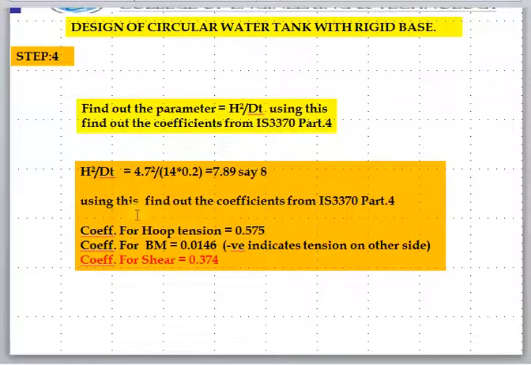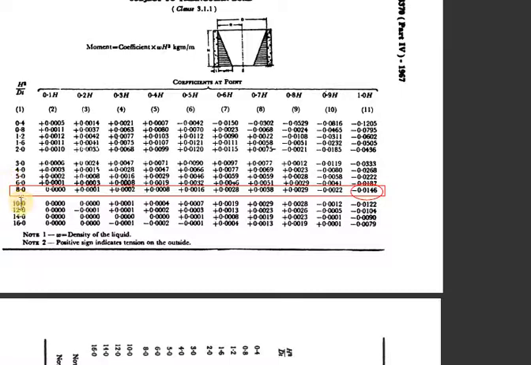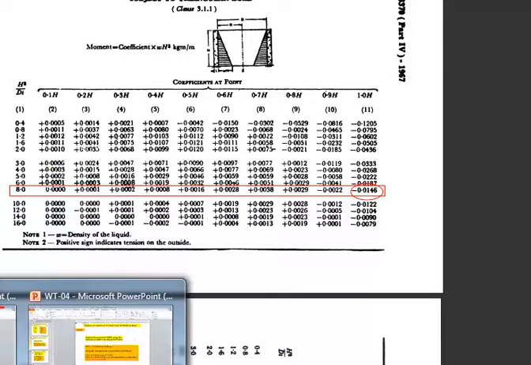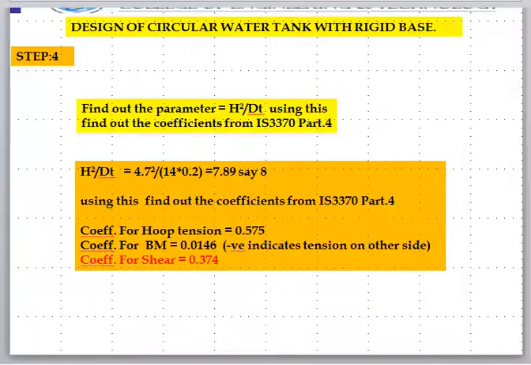Okay, so for us you will get h is 4.7, d is 14 and t is 0.2. Okay, 200 mm is 0.2, so you will get 7.89. So if you see this figure, here the maximum is after 6 it is 8 only. So either you need to interpolate it, otherwise you can take the next higher value. What we got here is 7.89, so make it 8, so that we can pick up the value directly, you don't need to interpolate it.